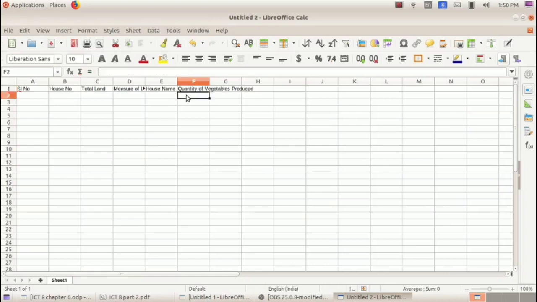Then under that we have spinach, cucumber, lady's finger, beans, others, and total.